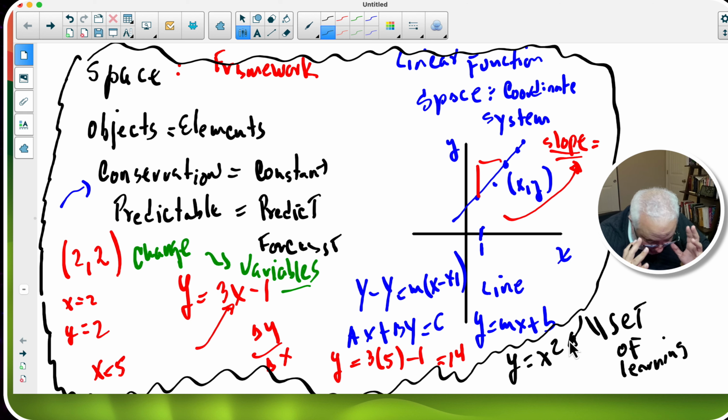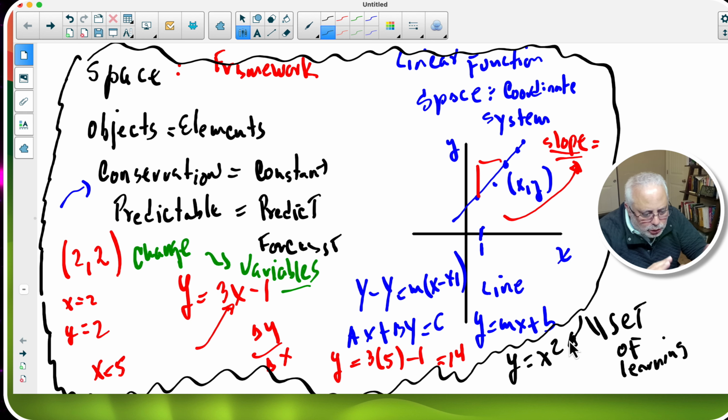Because in my mind, y equals x to the second power contain many of the objects of the linear function, the point, the space, but it's not the same structure